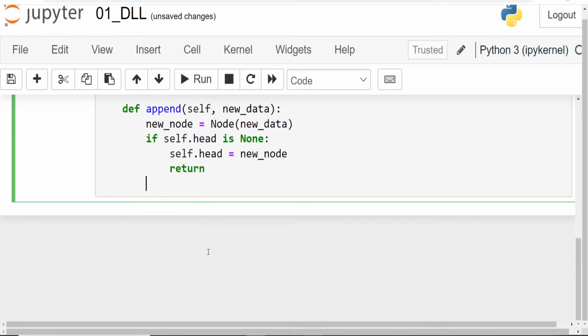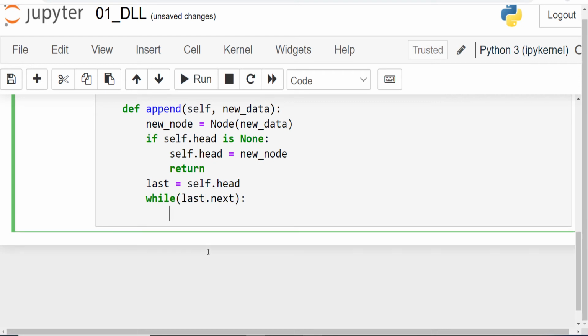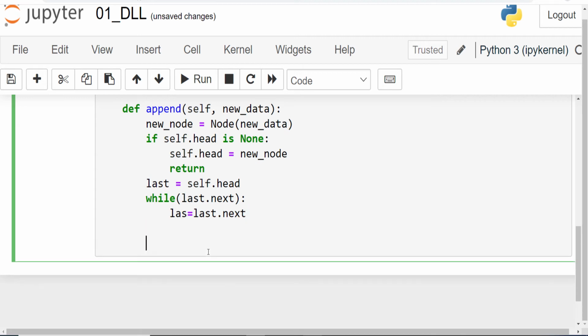Otherwise, we have to traverse the entire doubly linked list like this. Last equals self.head, and while last.next, last equals last.next, and finally we need to change the next of the last node.